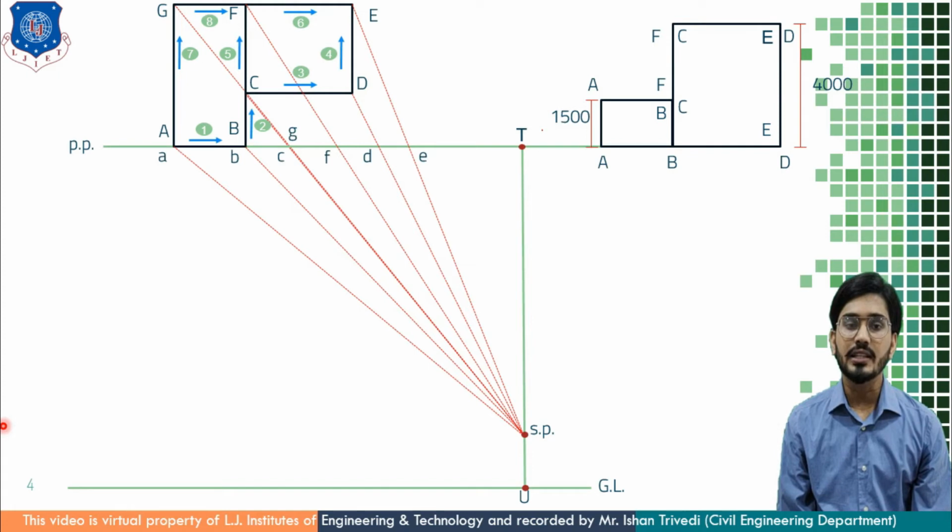So now I am putting these intercepts on the picture plane, highlighted and marked as small a, small b, small g, c, f, d and e. If your drawing varies by the position of T on the picture plane, then the sequence will be A, B, G, C, F, D, E, or it can be A, B, C, G, F, D, E. The AB and FDE sequence will remain the same. The sequence of C and G would vary.